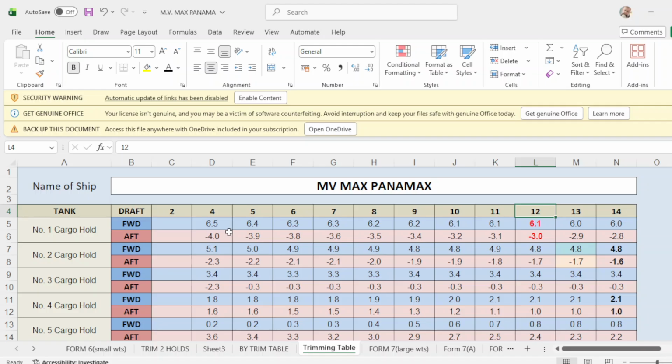Take note of the correction, guys, from drop of 4 meters up to 7 meters. They're almost the same, or a little difference of 0.1. Now from 8 meters to 12 meters, there's a difference only of 0.1.